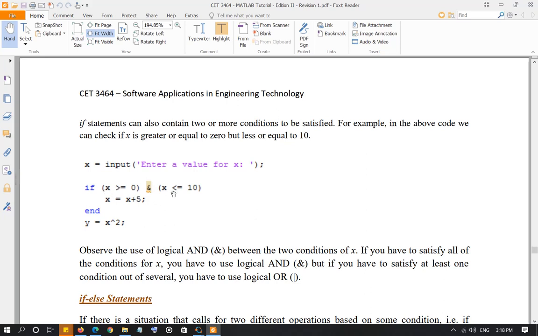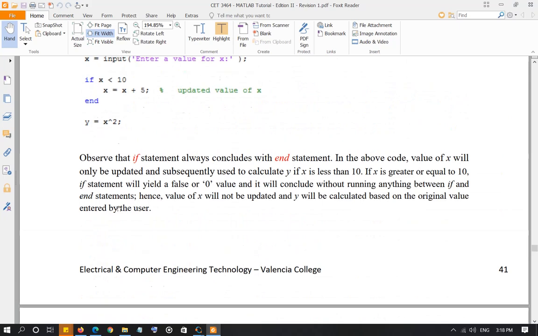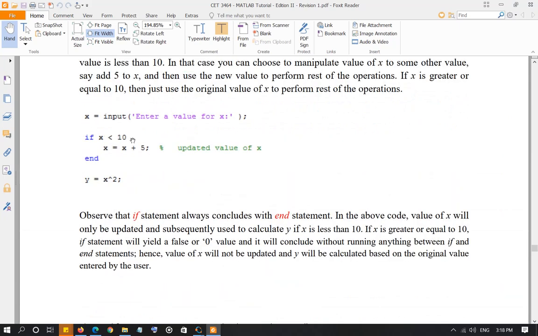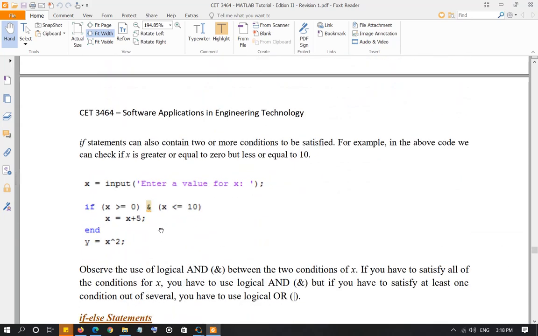So you can use two conditions, or even three conditions if you have three conditions to be matched. In this case, as long as x is between 0 and 10, this condition will be matched. Now in the previous one, x is less than 10 means all the negative numbers up to 10, not including 10. Here you're defining a range. X has to be between 0 and 10 only, so no negative number and no value above 10